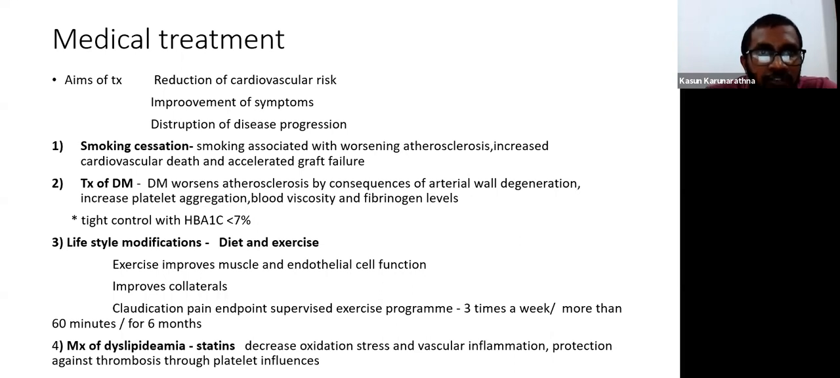Then comes the management, medical treatment, right? Aims of medical treatment are reduction of cardiovascular risk, improving the symptoms and disruption of disease progression: smoking cessation, treatment of diabetes, lifestyle modification with diet and exercises. These exercises improve the muscle and endothelial cell function and improve collaterals. It is called claudication pain endpoint supervised exercise program, 3 times a week, more than 60 minutes per session. Should be supervised, closely observed sessions, and it should be carried out for 6 months, then reassess. Then management of dyslipidemia,